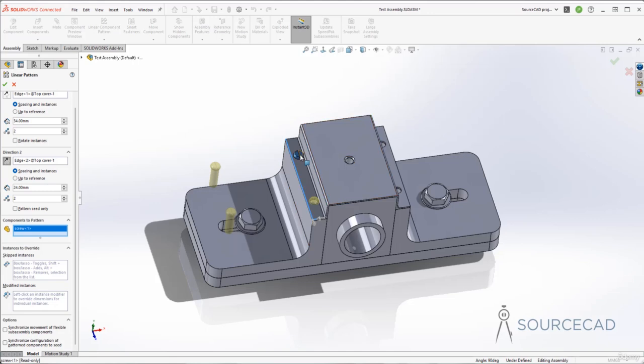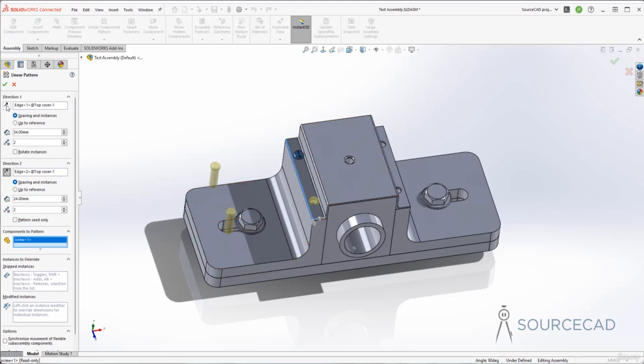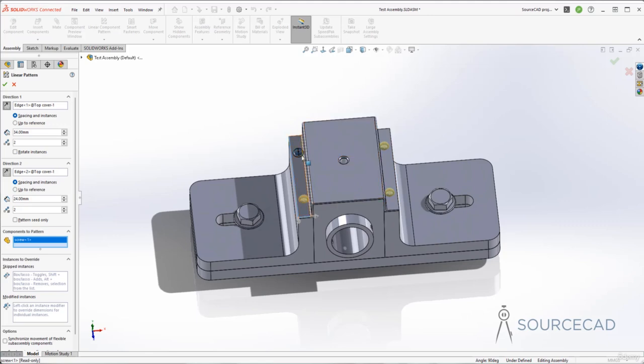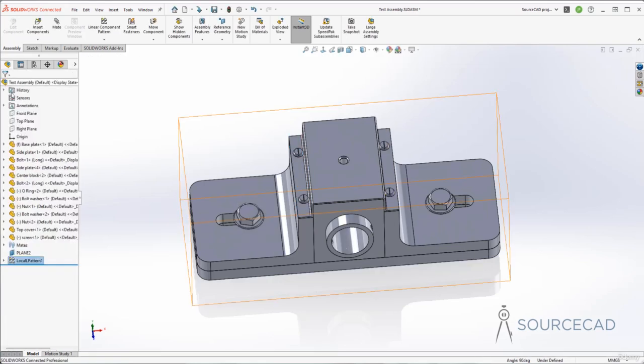Here it is shifted here. And for direction 1 also, change the direction, and there it is. It's back here. So everything is right in its place. So with 34, 24 and 2 components, well, we've got it all in place. Click OK, and there we are. We've got all of these 4 screws in place, and we just don't need to add it manually one by